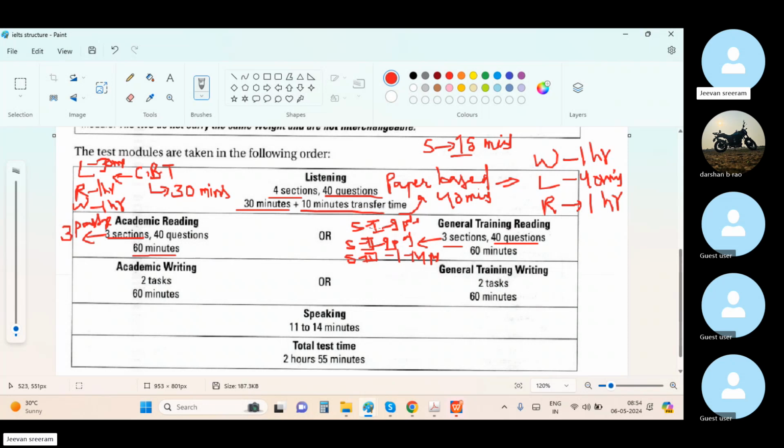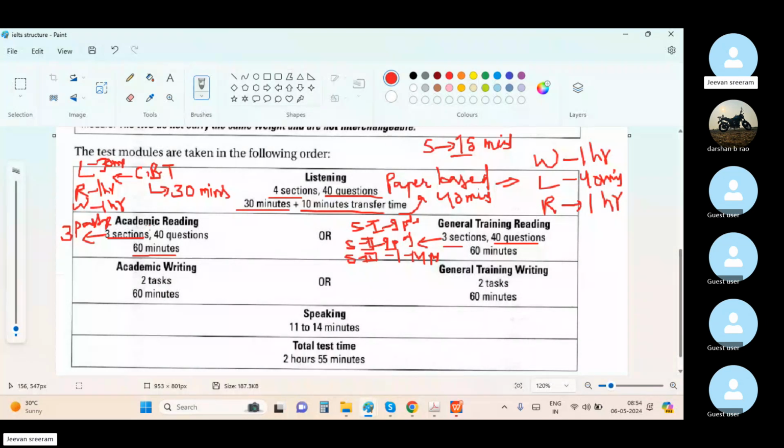In section 1, there will be 2 small passages, short passages. Why I am emphasizing that they are short passages: when you compare these passages with academic passages, they are going to be half of them, not more than 5 to 6 paragraphs. Academic passages may each definitely have up to 10 to 11 paragraphs sometimes. So they will definitely be at least 7 paragraphs, right? So when these short passages of the general training test are compared with each of the academic passages,